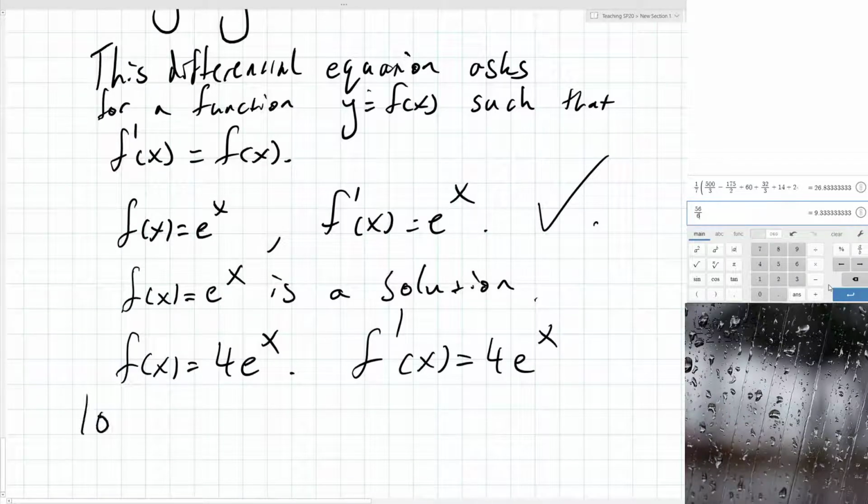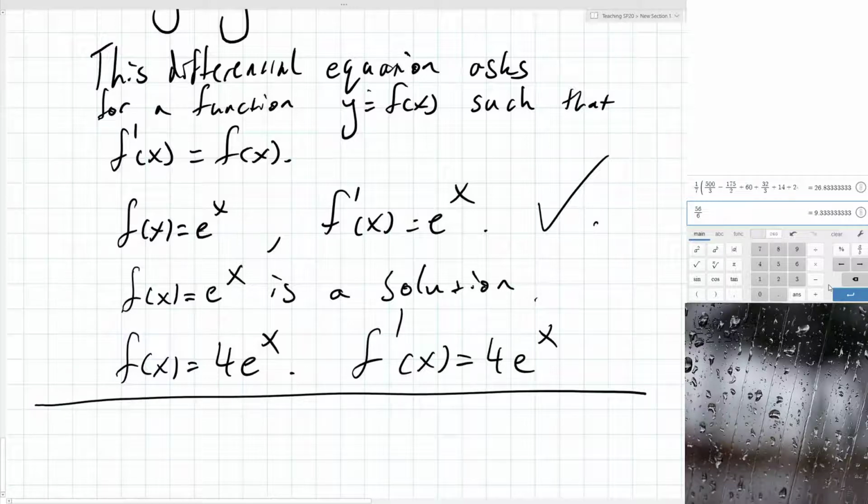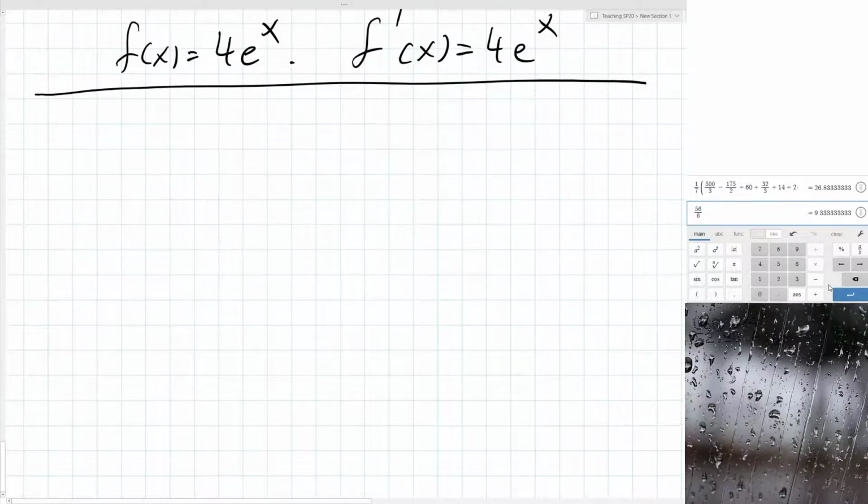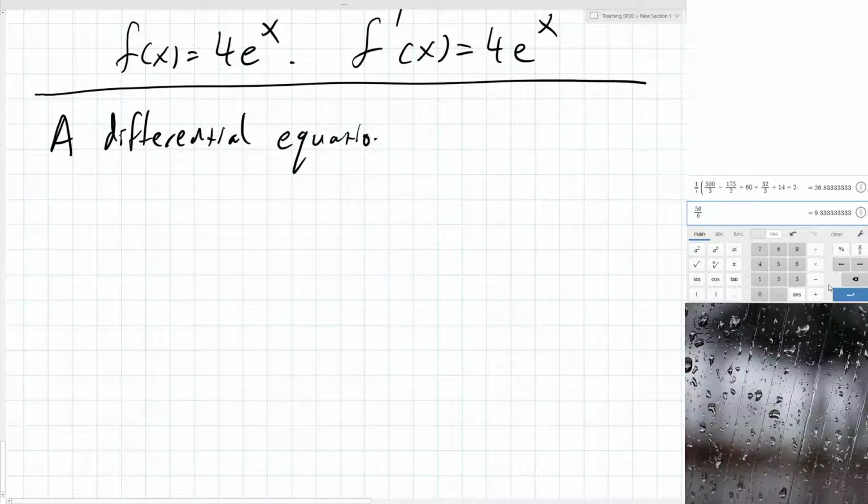So to solve separable, or to solve, let's talk about what a separable differential equation is, and then we'll come back and we'll solve this in full generality. Okay, so a differential equation is separable if